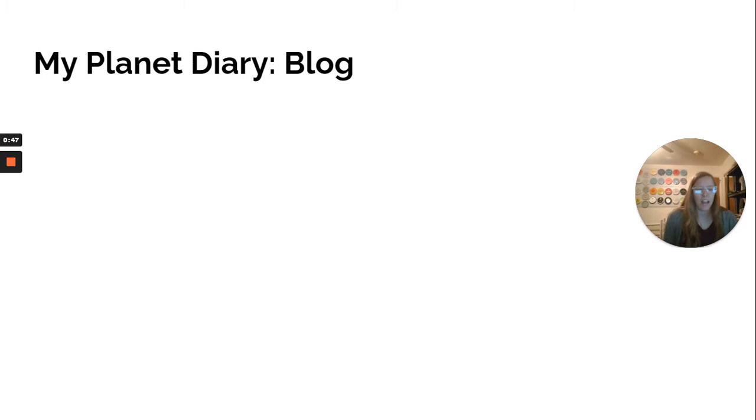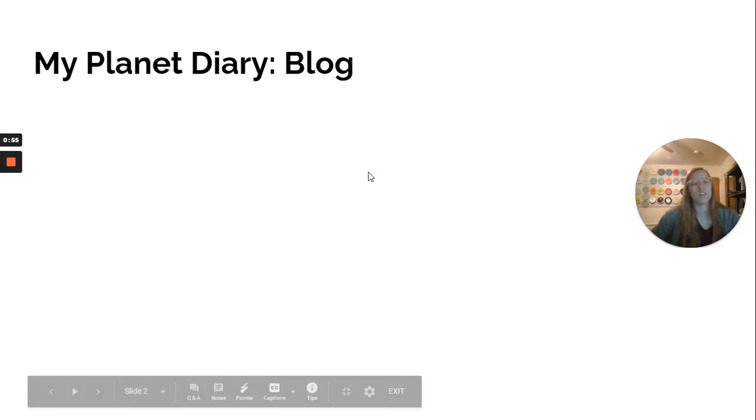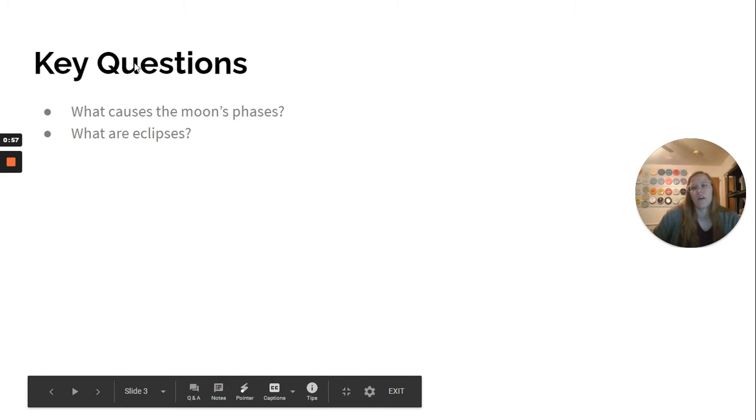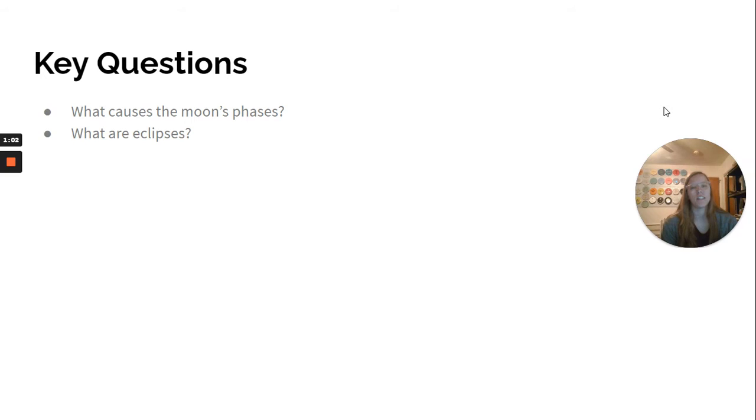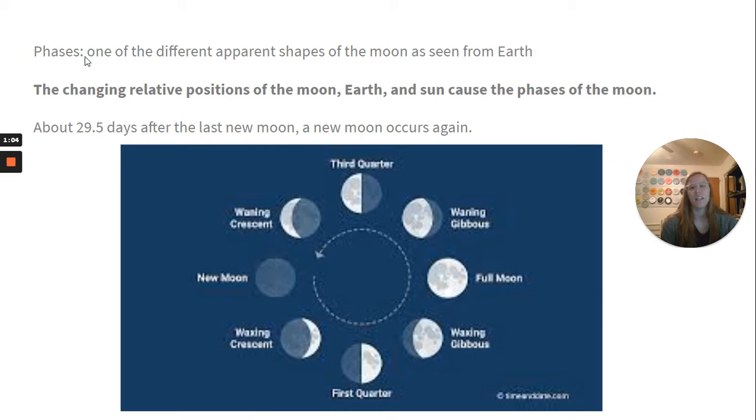So I don't know about you, I have never seen a lunar eclipse or a solar eclipse. Maybe you have, but I've definitely seen pictures and they're pretty cool. So let's get started. Two key questions: what causes the moon's phases? What are eclipses? So we have phases, one of the different apparent shapes of the moon as seen from